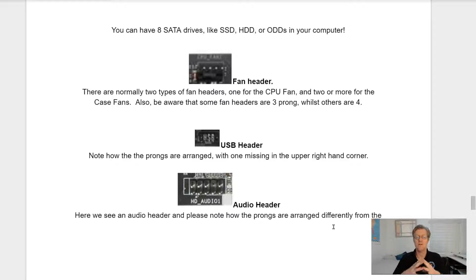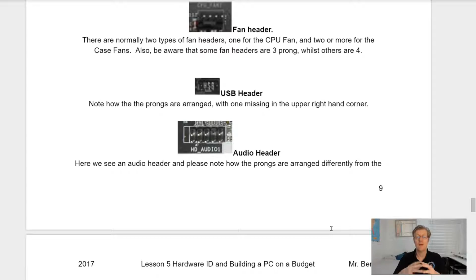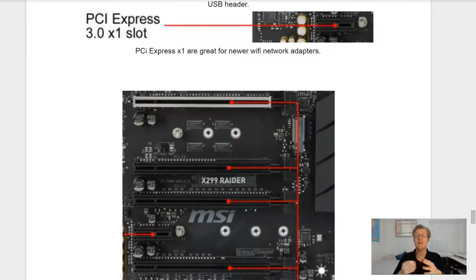USB header. Note that the prongs are arranged with one missing in the upper right hand corner for your USB header. Now you have the audio header. Here we see the audio header, and please note how the prongs are arranged differently from the USB header. Next is the PCI Express X1. They're great for newer Wi-Fi network adapters.